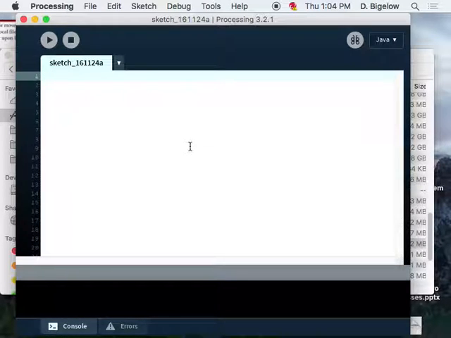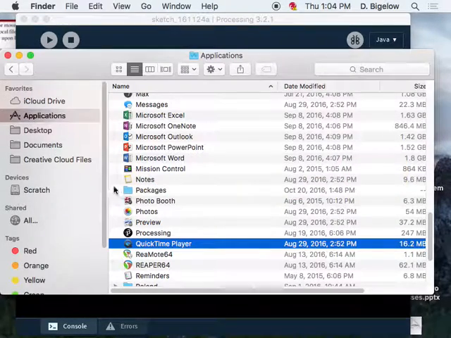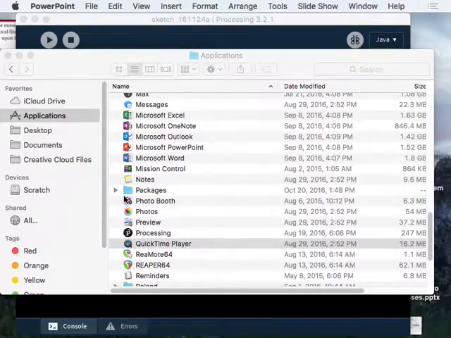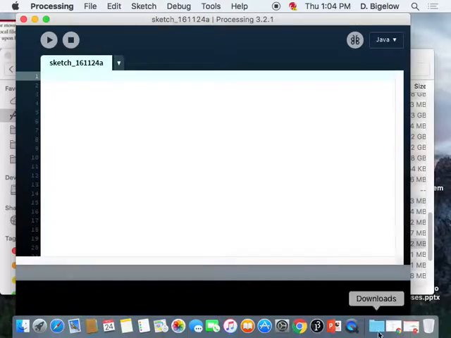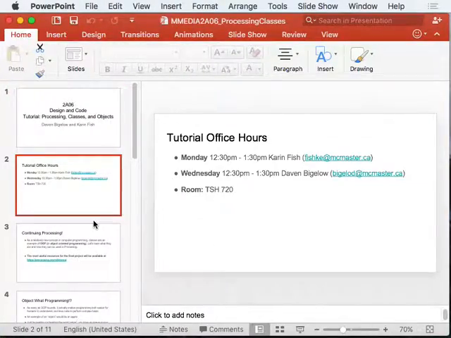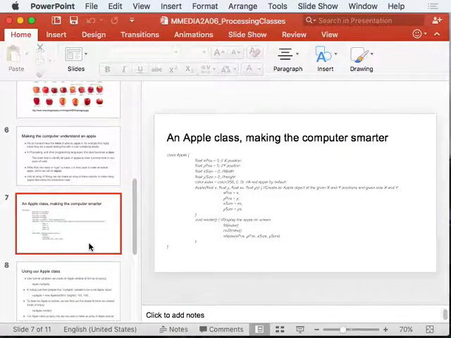We're going to learn about objects. And so let's take a look at our slide again. Oh, it's not coming up. There we go. So if we take a look at our slide and we copy out that piece of code,